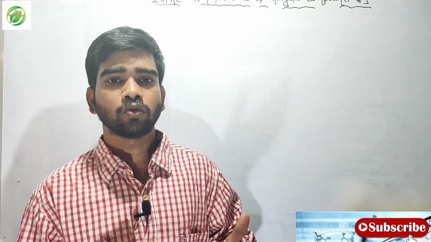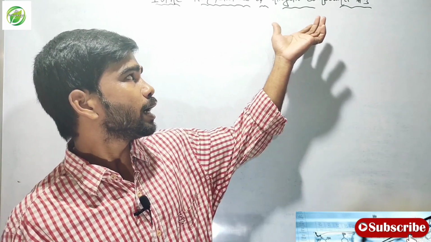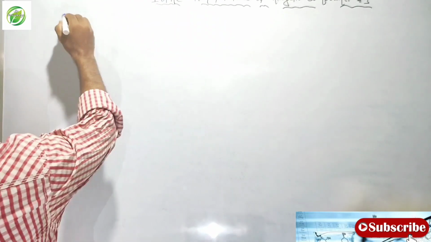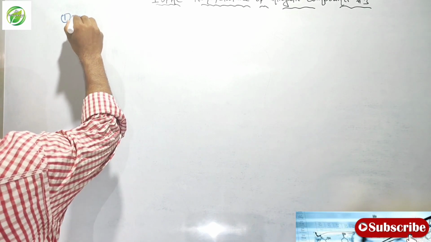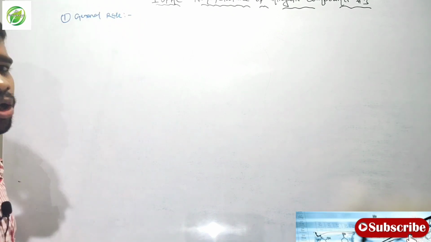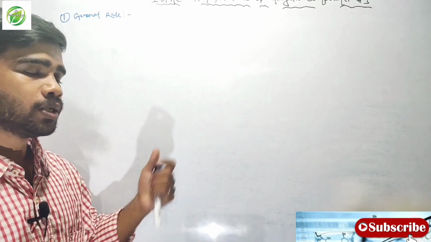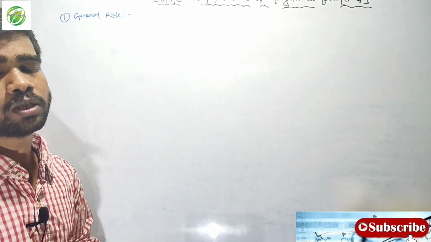We use all these rules in these lectures. When we write the IUPAC nomenclature of alicyclic compounds, we use all these rules and techniques and some sub rules which help us to write the IUPAC nomenclature of alicyclic compounds. Let's try to understand what the rules are. These are the general rules. We already discussed them in our previous lectures. Friends, if you did not see my previous lecture, first see my previous lecture and then continue with this lecture.